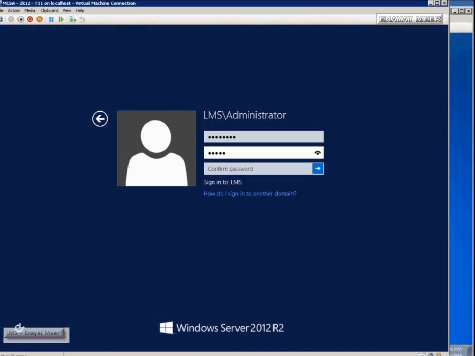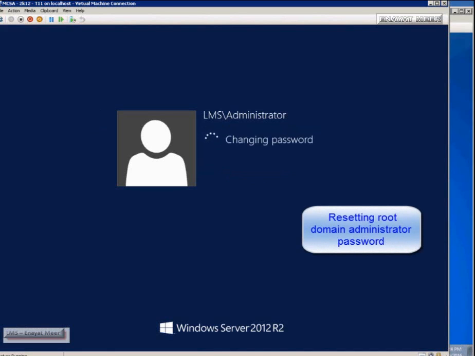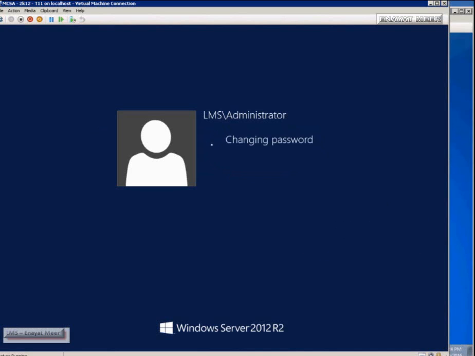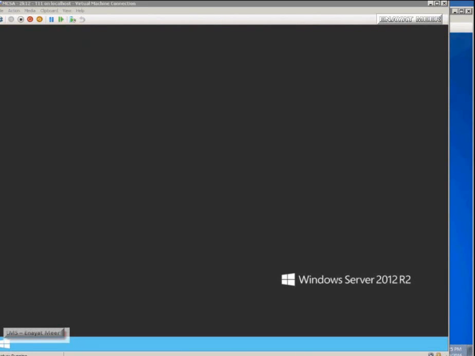But at this moment, because I am logging into my DC for the first time, and this is a domain now, you can see that the sign-in says LMS. So that is the domain I have promoted. When I join members from the back end, you see my Windows 7 client. When I join the Windows 7 client to this domain, that client needs to be in the same network and also be able to communicate with this domain controller. Also, I need DNS on that client computer, so the preferred DNS should be 192.168.1.10, because that is the IP address of this computer, this domain controller.